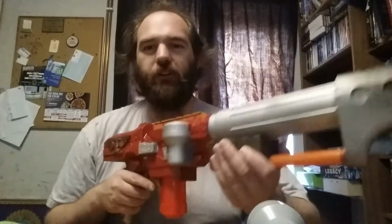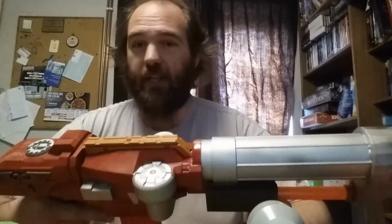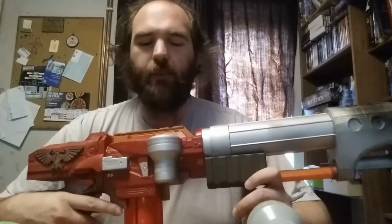So yeah, I will be able to get this working. I will have a full auto functioning Flamer Nitron. So that's me talking about the externals and the faults that it currently has. I'm going to now pass over to myself to do a really long bit of talking about the process of